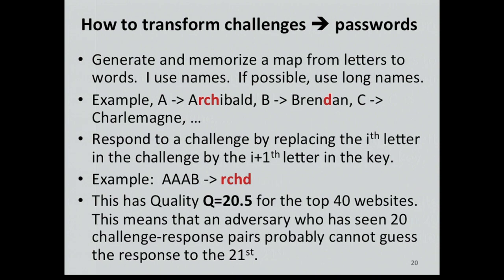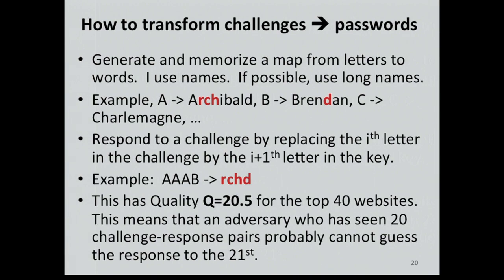But the truth is, why would you give away anything? Why would you give anybody your password? Well, I give Lenore my passwords. Why would you give away your challenge? You can give away passwords, just don't give away the challenge response pair. If you're going to use eBay, well, you could use EEBBAAYY. You could use EXBYAZ. You don't have to give away your challenge. The method you use to create the challenge from the website can be your own method, and nobody else needs to know about it. So you don't have to give away 20. I think this is much more complicated than is necessary, but you can have it.